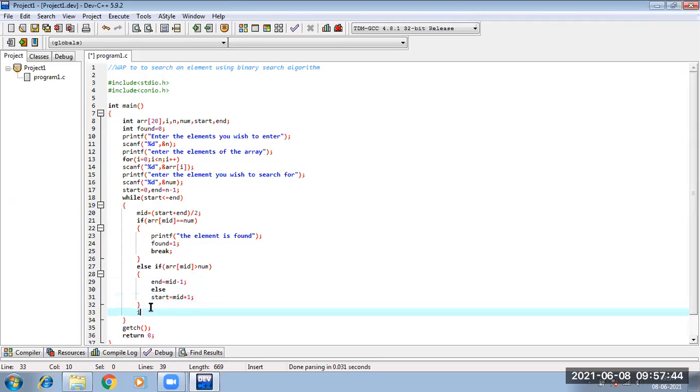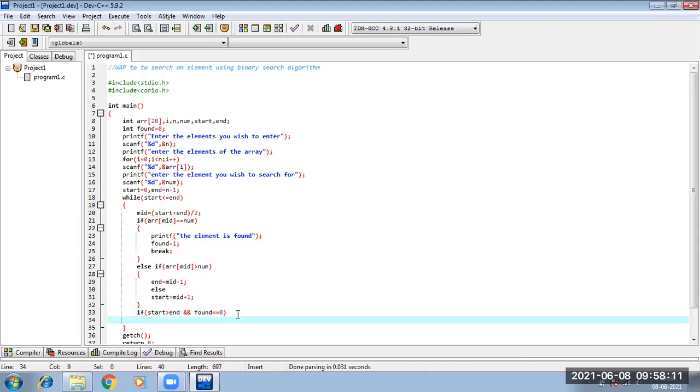And in any of the cases, if your start has become greater than the end, that is you have reached the end of the array, and also your found counter is 0, that means the element is not present in the array.